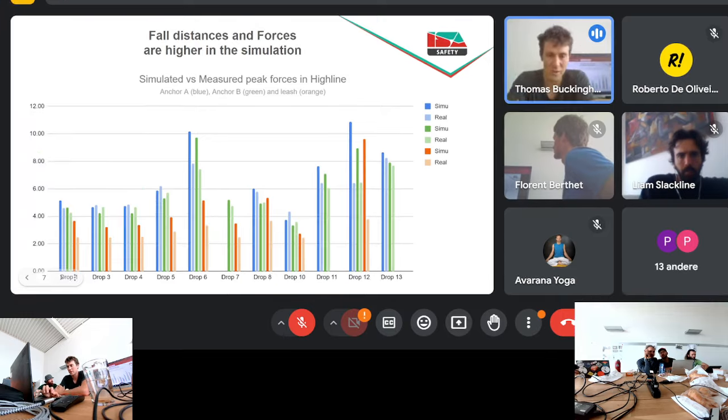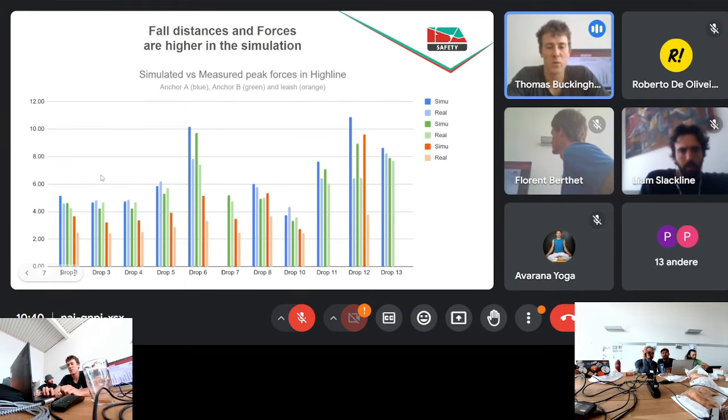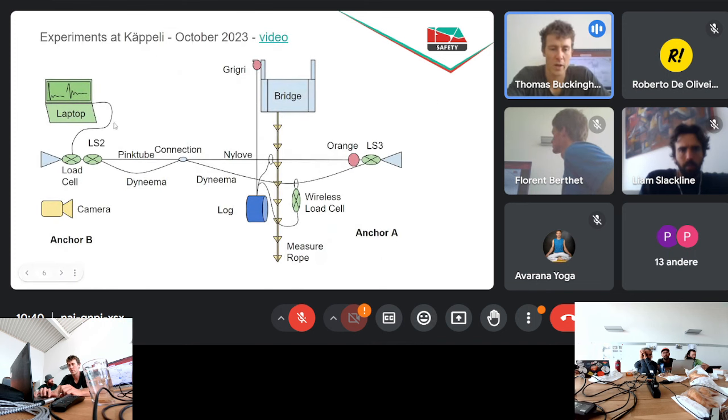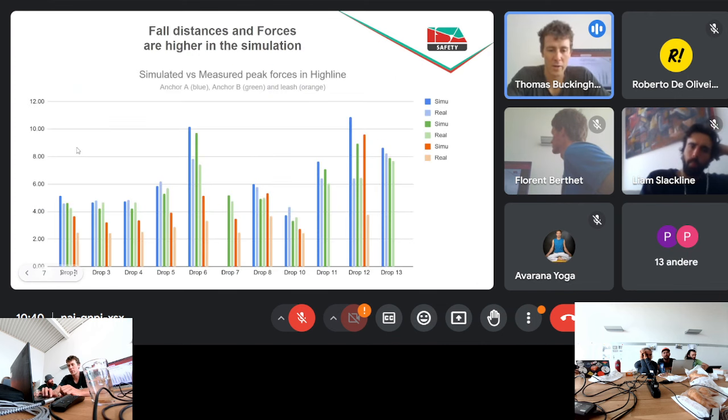So the first one, how to read this? Everything blue is the anchor A, everything green is the anchor B. So anchor A was this one, anchor B was this one, and everything red is the force in the leash. For all of them, you have the simulated force in the darker color and the real force in the lighter color.